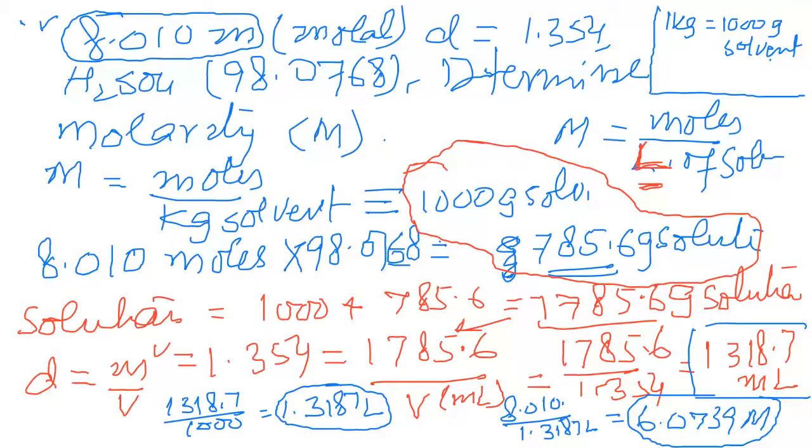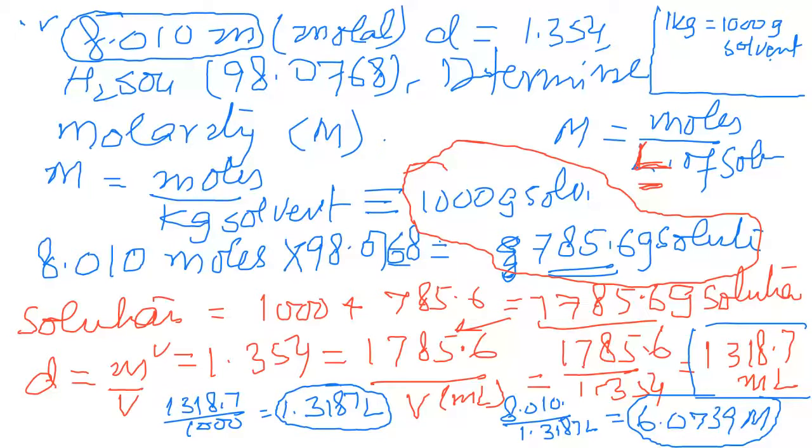So first point is how much moles you have. So moles we have for 8.01810 mole, and you have to change into gram because this is solute. So I want mass of the solute first. If you have this mole and want to determine the mass of the solute, what do you do? Multiply the moles with the molar mass. Molar mass of the solute, right? Solute is H2SO4.